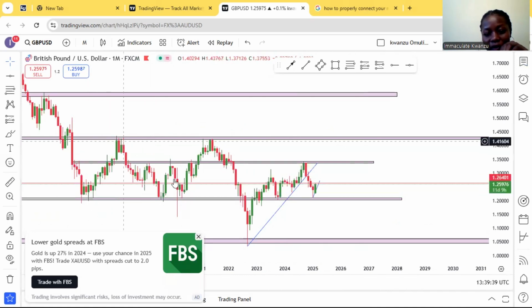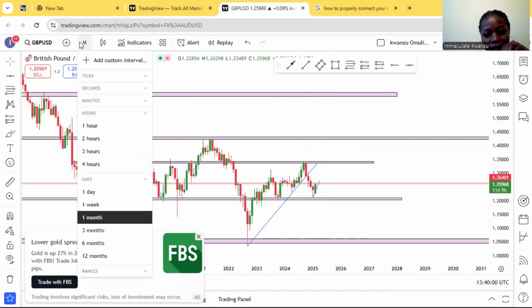So we've been at this level for a while now. We came right here, reacted to the black line, touched the upper part of the level, fell all the way back down, had massive rejection, back to the black line, and now